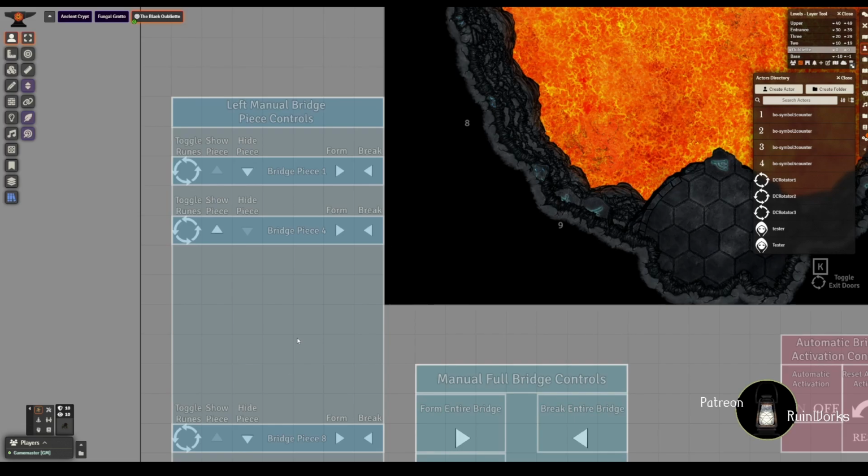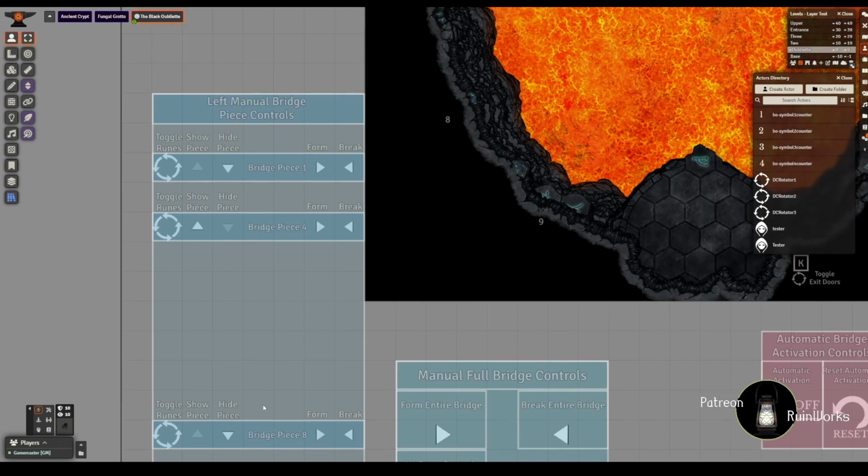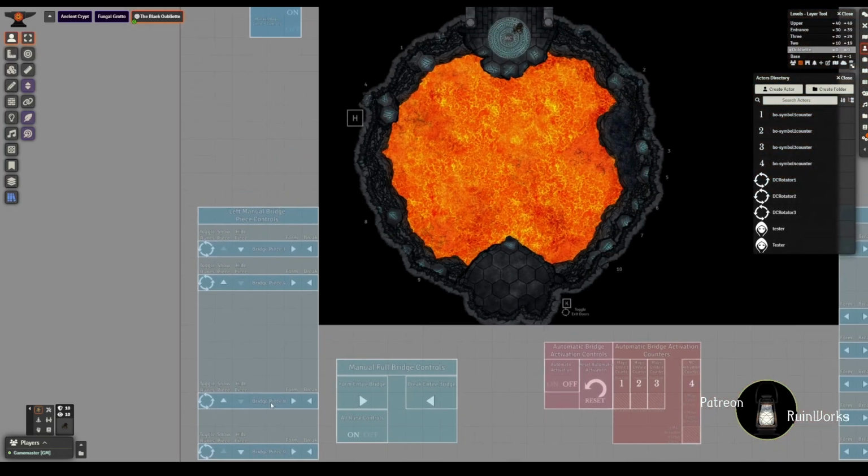So maybe we don't like how I've formed the bridge. Maybe you want to have it look a bit more rickety or fall apart. You can always hit the hide piece for an individual piece of the bridge. And then lastly, I'm going to just show it again. Turn the runes on. So we're looking at this piece here. I'm just going to zoom out a little bit. That's piece 8. So if we hit the form button beside piece 8,